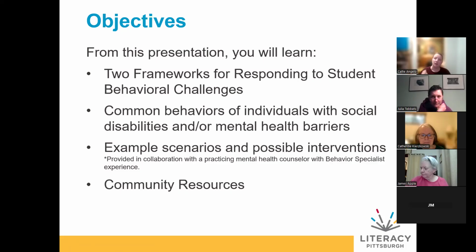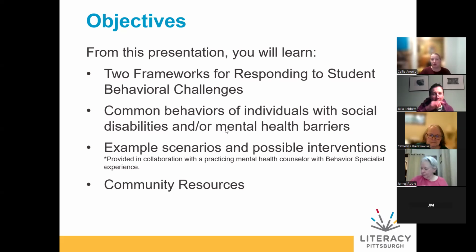students. You're also going to learn about the common behaviors of individuals with social disabilities or mental health barriers, just in case these are things that you may be seeing but not recognizing. I did go into autism a little bit more in depth. I did not have the space to go through all of the common, depression, anxiety. I believe I might have one slide on ADHD, but there's certainly room for a part 2 of this scenario. The topic got way bigger than expected.